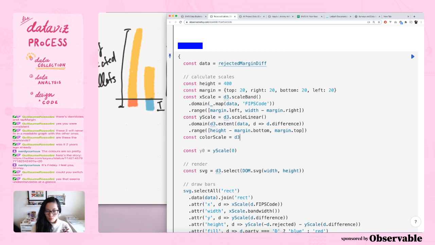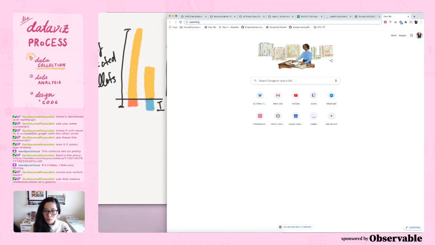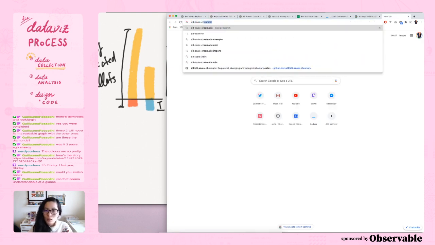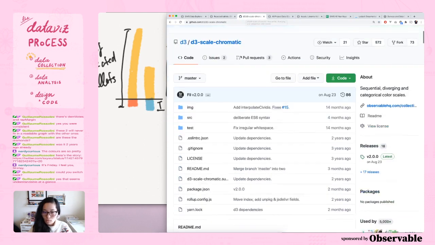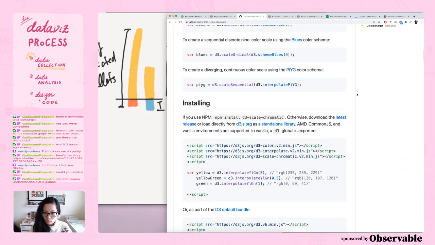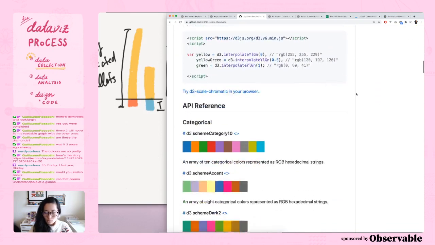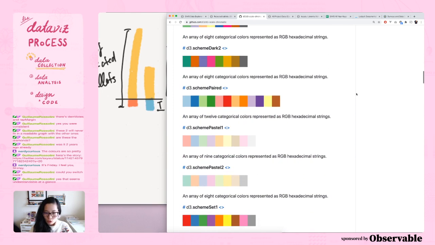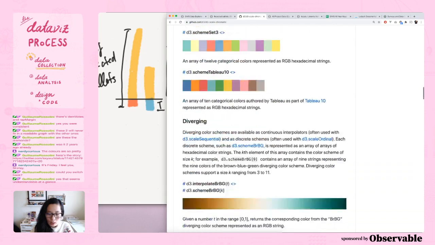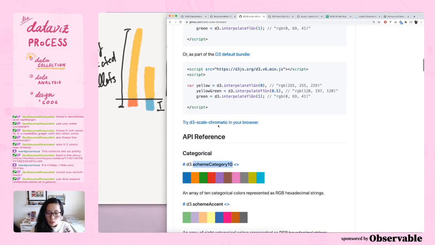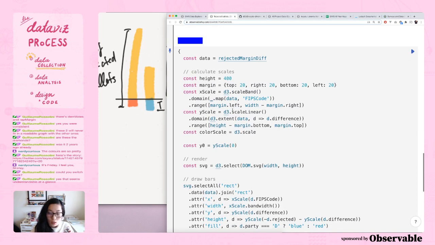Is equal to scale, wait, categorical? D3 scale chromatic. Yeah, let's for now use scheme category 10. I'll use scale ordinal and then use d3.scheme category 10, and then later on I will make my own colors,